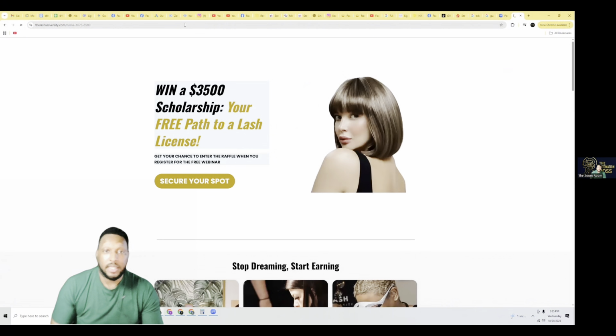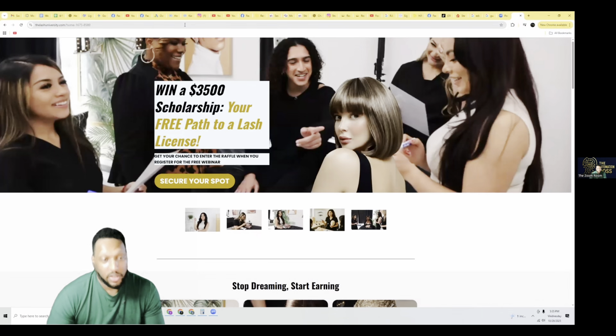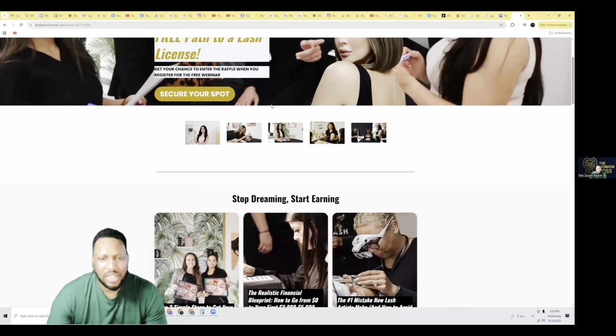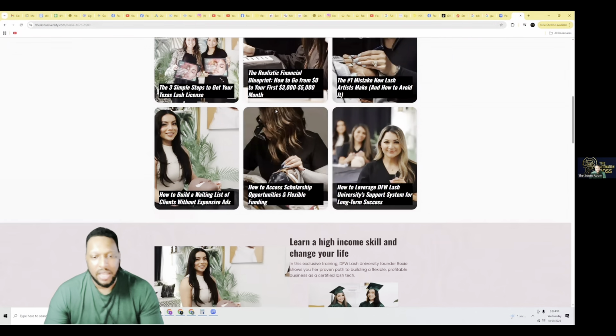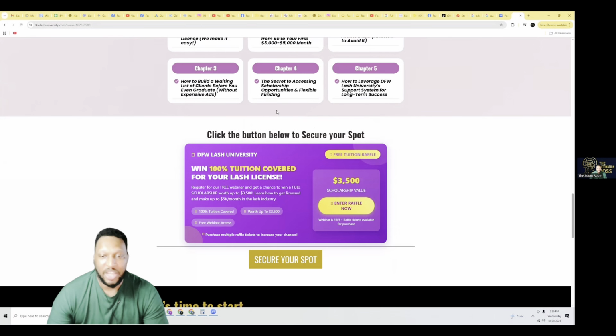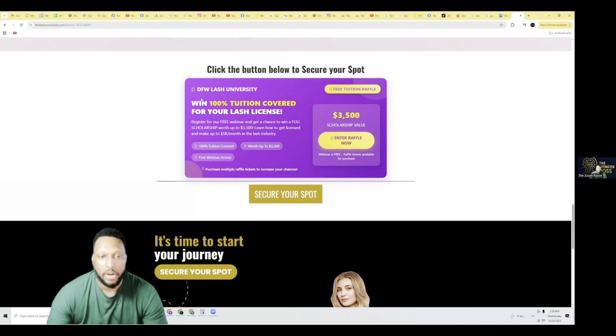All right, so this is the funnel. As you see at the top, we got win a $3,500 scholarship, your free path to a lash license. And then we have this, it's just like I said, simple and basic, nothing too crazy. I didn't want to put a whole lot of animations and everything in here. This is actually hard coded